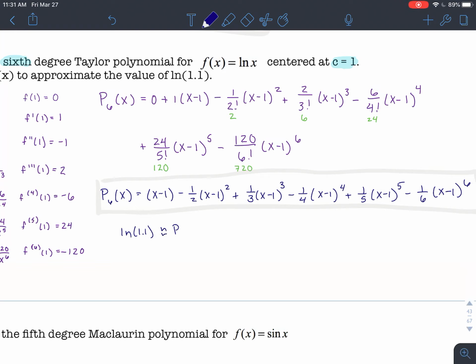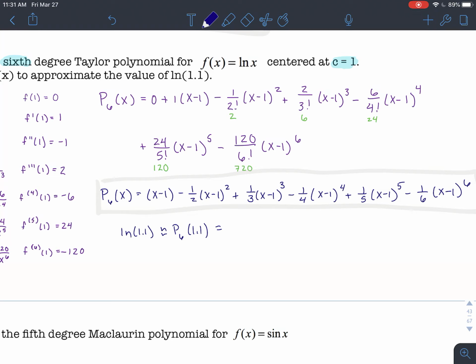And then we're going to use it to approximate the natural log of 1.1. So the natural log of 1.1 is approximately going to be equal to the sixth degree polynomial at 1.1. And that's just equal to, you could plug that in. I can't find my calculator all of a sudden. There it is. I'm just going to type this into my calculator, which seems to defeat the purpose of the Taylor polynomial approximation, but we have 1.1 minus 1 minus 1/2 times 1.1 minus 1 is just 0.1 squared,